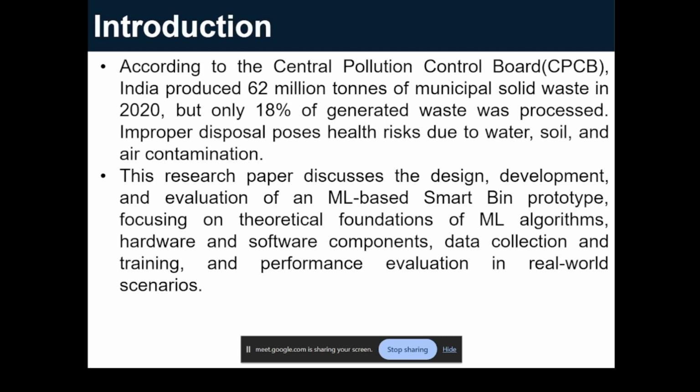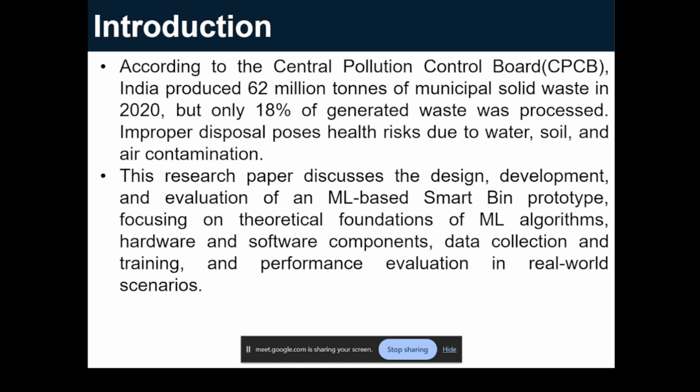Moving on, what is the background behind our project? According to the Central Pollution Control Board, millions of tons of waste of different kinds are generated every day. But the biggest problem that exists even today is that the waste is not segregated properly into plastic or non-plastic, and this causes a lot of health issues and also environmental contamination. So in our research paper, we propose a machine learning based smart dustbin using YOLO V8 to classify waste into plastic and non-plastic and to dump them accordingly